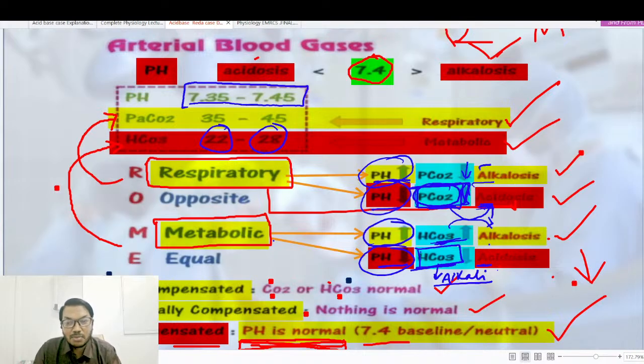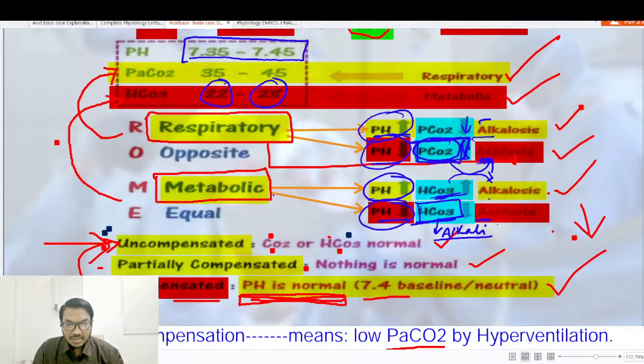Then there will be uncompensation. How will we know? If the pH is normal at 7.4, the baseline or neutral, it means it is compensated. Whatever the situation was in the body, maybe the patient was in hypovolemia, and after coming to the hospital, they put